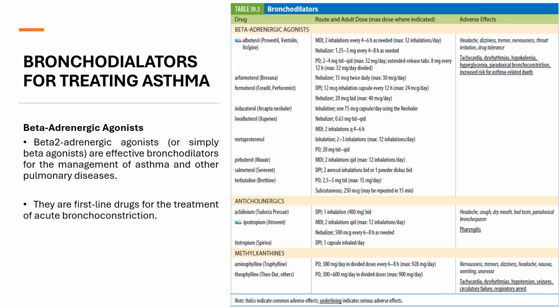Systemic effects may include some activation of beta-1 receptors in the heart, which could cause an angina attack or a dysrhythmia in patients with cardiac impairment. With chronic use, tolerance may develop to the bronchodilation effect, and the duration of action will become shorter. Should this occur, the dose of beta-2 agonist may need to be increased, or a second drug may be added to the therapeutic regimen.